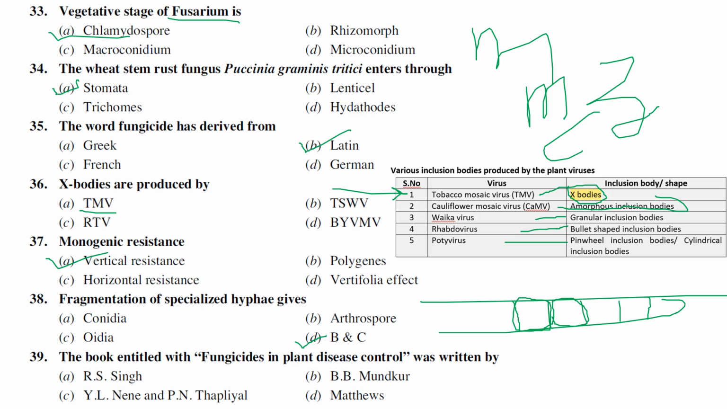The answer is both A and B. So the fragmentation of specialized hyphae gives arthrospores or oidia. Arthrospores are otherwise called oidia. Nothing much here. And the next one is the book entitled Fungicides in Plant Disease Control, written by